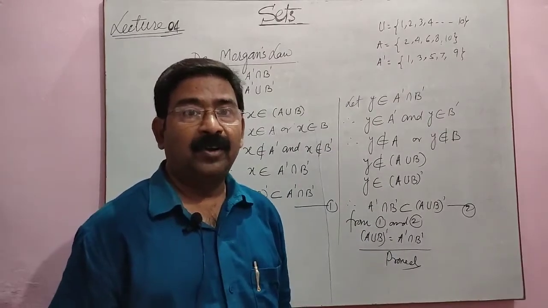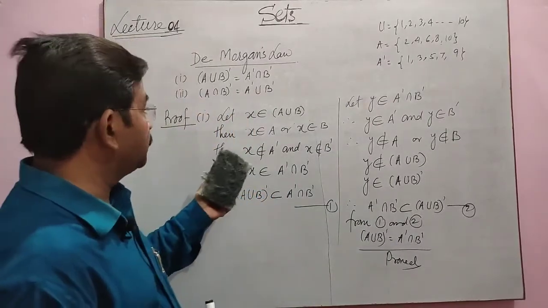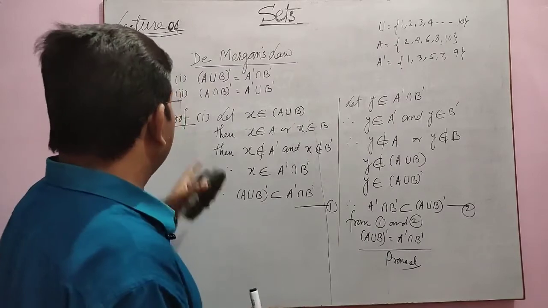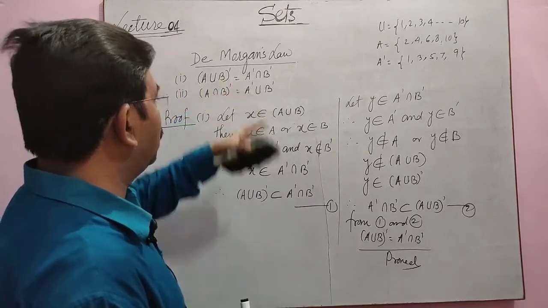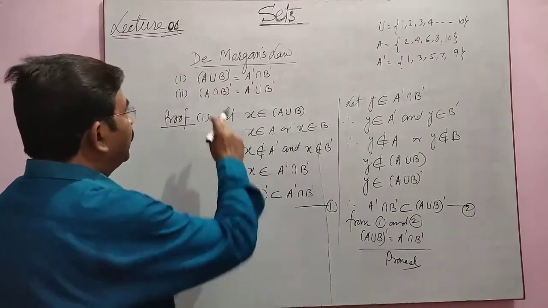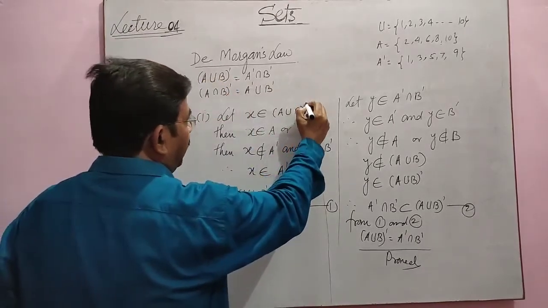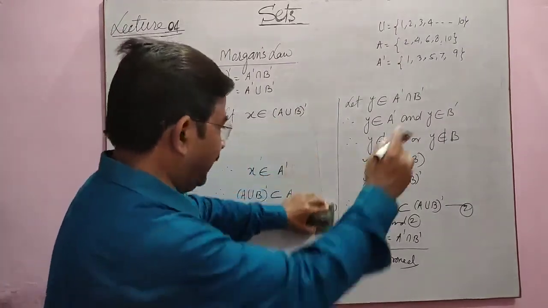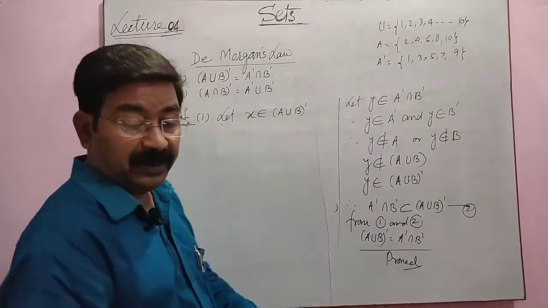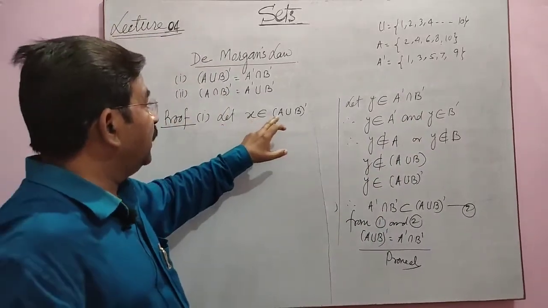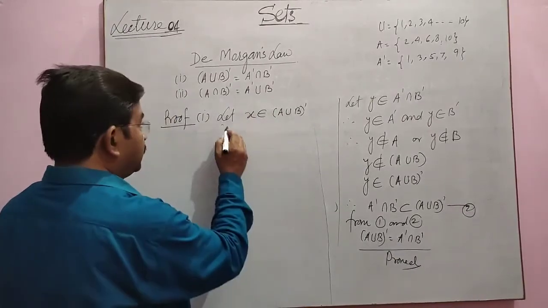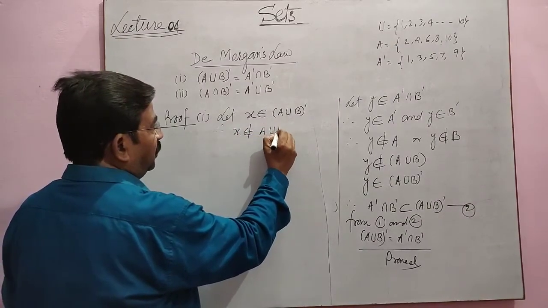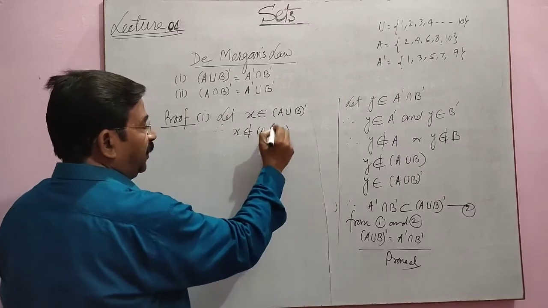Okay. Now students, sorry for this interruption. This one has a little mistake. I am just going to correct it. Here in the left side we have A union B complement. It means we have to assume an element of this A union B complement. Then see, after this what will happen? The right side is alright. Here, if the element is found in A union B complement, it means therefore X does not belong to A union B.